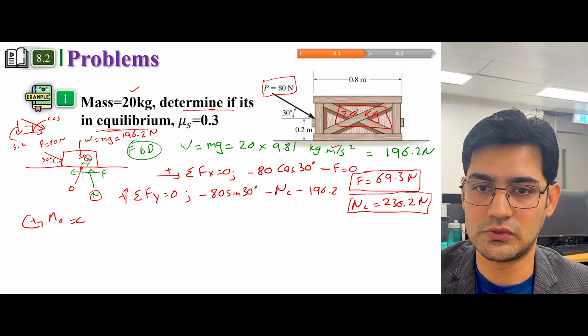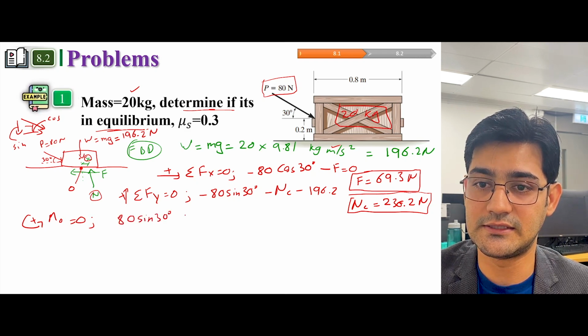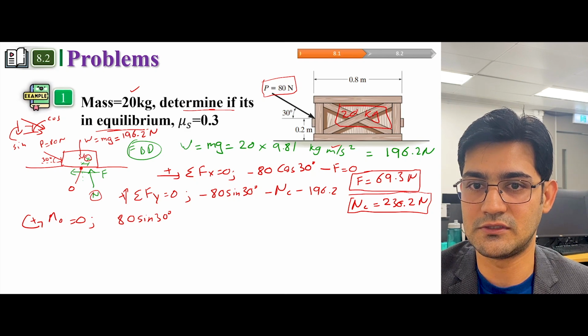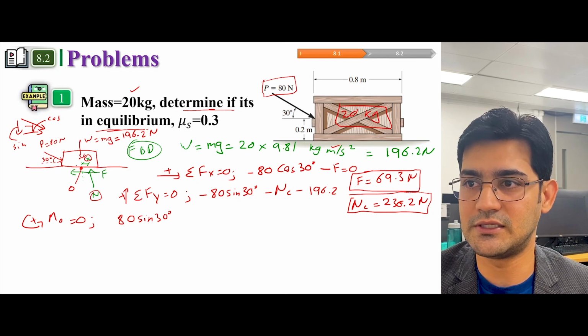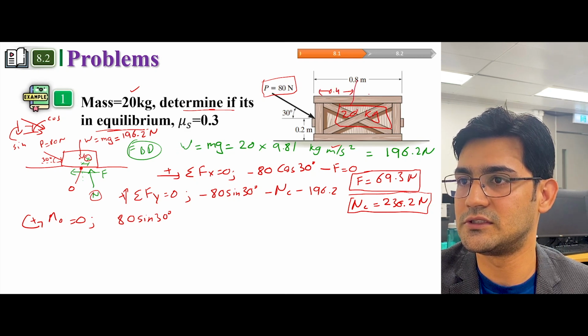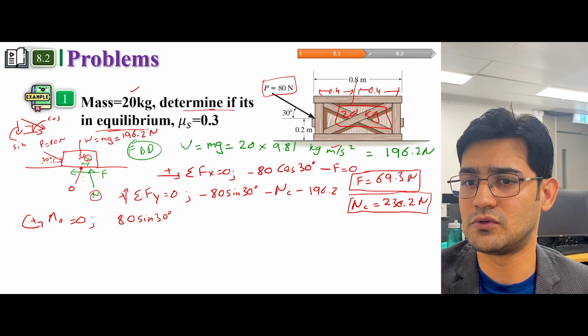If you use this equation, you will get P sine of 30 degrees. This is the force, and since this force is a vertical force, it would be acting somewhere here, and the distance between these two forces is 0.4 and 0.4, so it would be